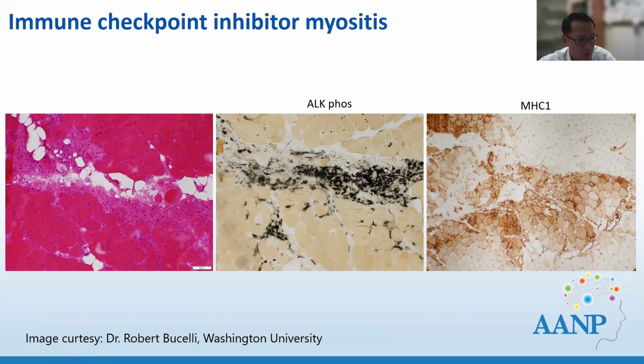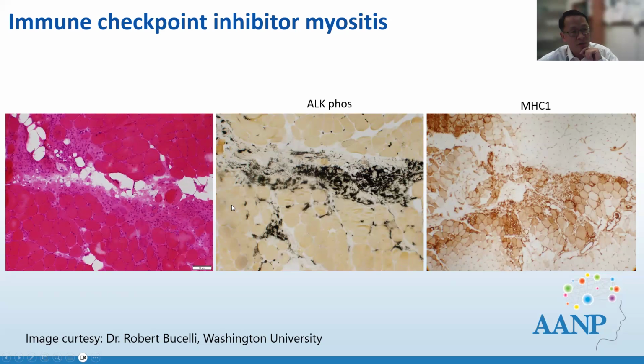Bob Bocelli at Washington University, who has seen probably more than a dozen of such patients. He said there is a perivascular injury pattern in a subset of the patients. They call this IMPP, or inflammatory myopathy with perimysial pathology. And these are images provided by him. So you can see a perivascular upregulation of MHC class 1 and a strong perivascular connective tissue damage. The perifascicular atrophy, if any, is very irregular here.